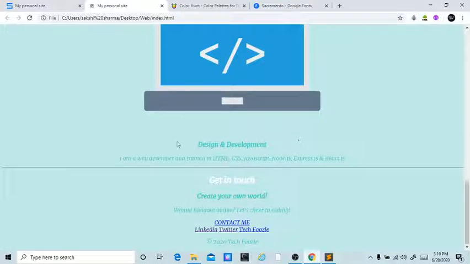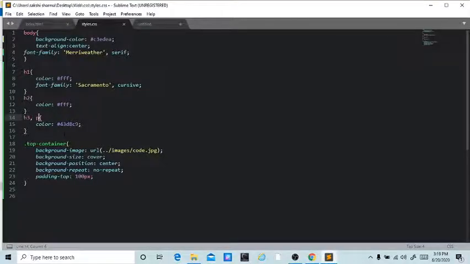I'm just telling you how to do that, so let's let it be the default color and delete this. See, it's looking very much better now.